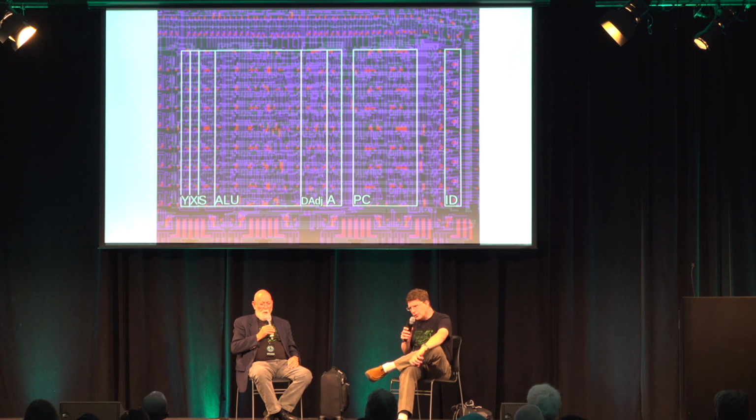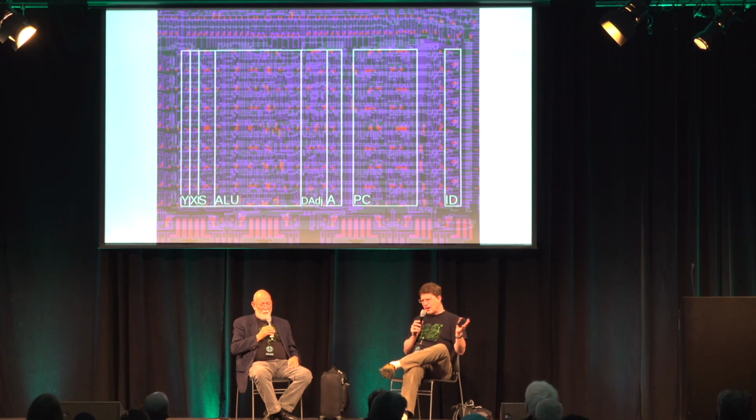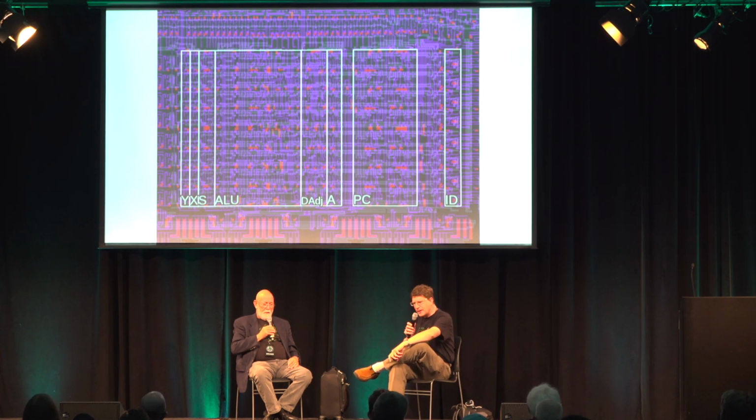So I wanted to look just a little bit more at the data path here at the bottom. What I found interesting about this is that you've got the accumulator on the right, the X and Y registers on the left. These are the three that you get to play with as a programmer. And then the ALU's in the middle. The natural thing to me would be to put all the registers on one side. I mean, this is how you draw them in books. What brought that on? Well, optimization, number of lines.